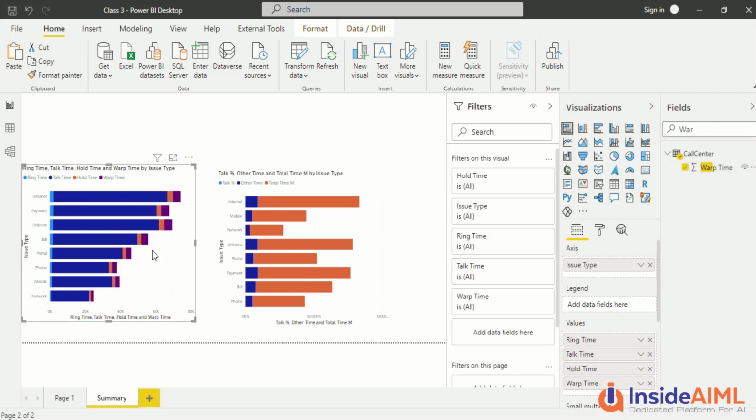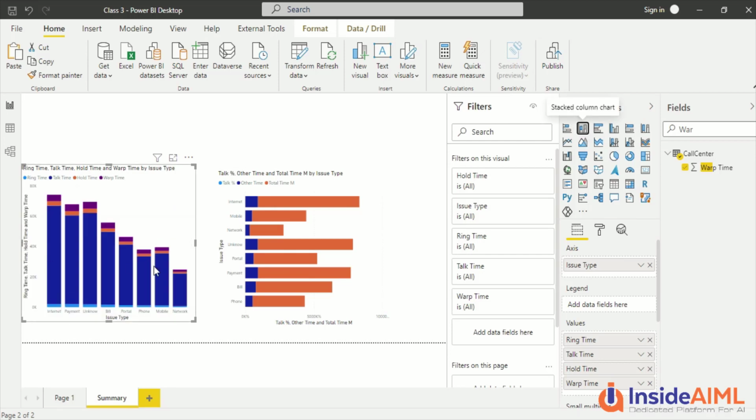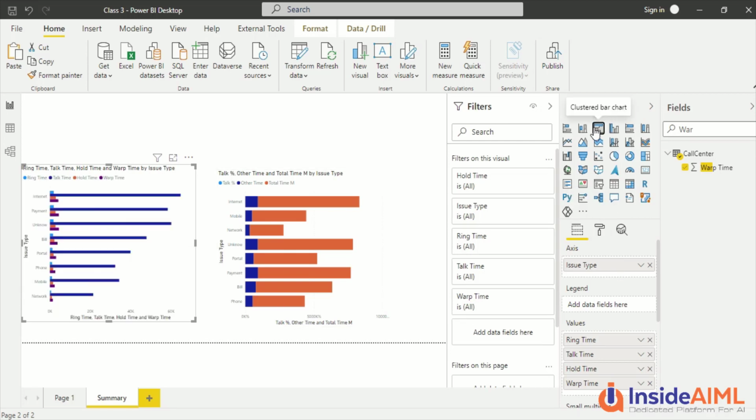Okay, and now we have this visual, which is actually the total time, the split of the total time. That's where we got it. If you want to see it in a vertical way, this is how it looks in the vertical way. We can go ahead and change color and all those here. Now clustered column bar visual. So in the clustered bar visual, in the stack they were one above another one. In case of the bar, they are separate bars.